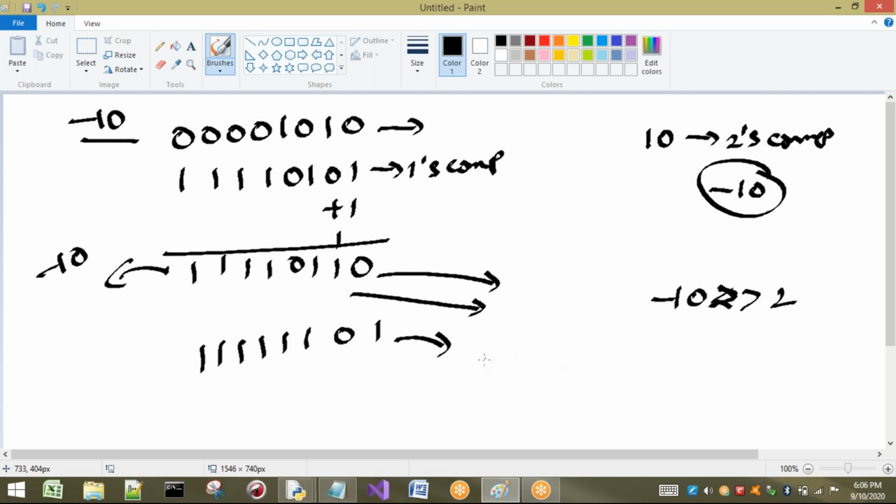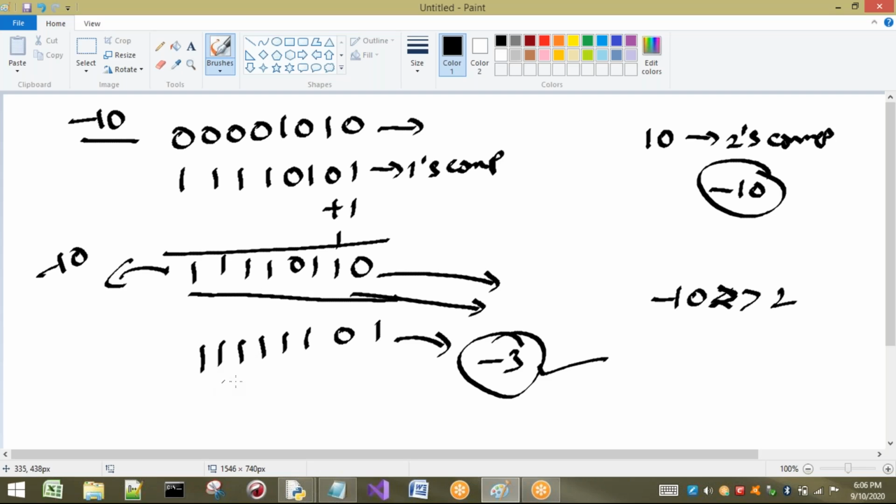But you may think, sir, is it -3? How can we see it as -3? So remember one thing: to store the negative number, first I took the positive number and made its 2's complement. Then we got -10, and I shifted this value 2 times. Now whatever value is generated, if you want to understand whether it is -3 or not, I have to take the 2's complement of this number once again, and whatever answer we get, we have to keep a minus sign.